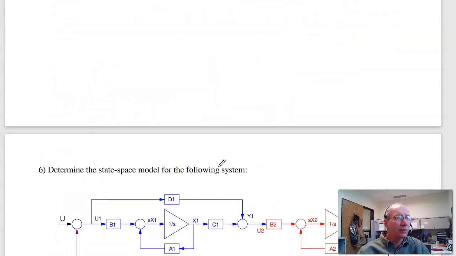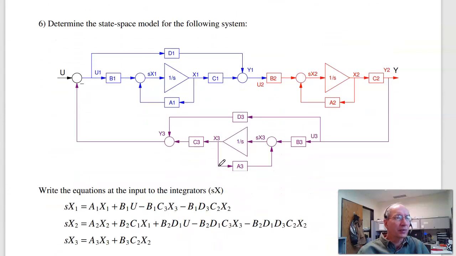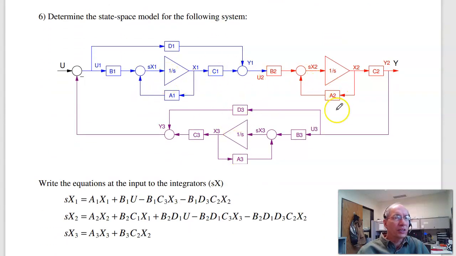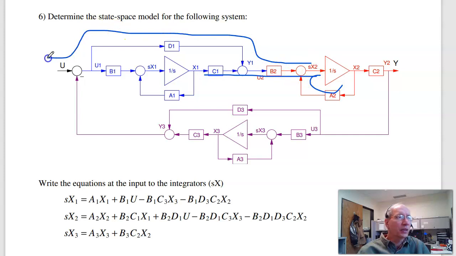Problem 6 is a little more complicated. Given two systems with a third system in feedback, now find the net ABCD matrix. So same procedure as before. Let's just do SX2. SX2 is A2X2 plus B2 C1X1. So we did this path, did that one, plus B2 D1U plus D2, or B2 D1 times minus C3X3 plus